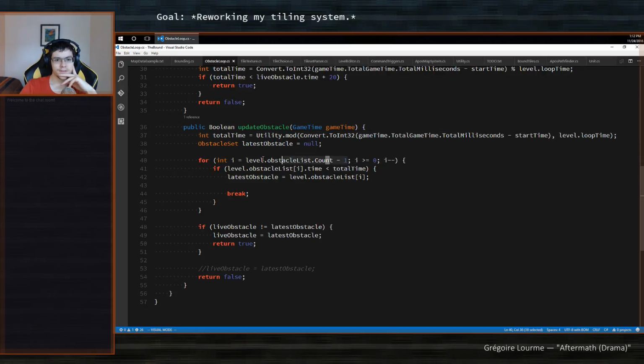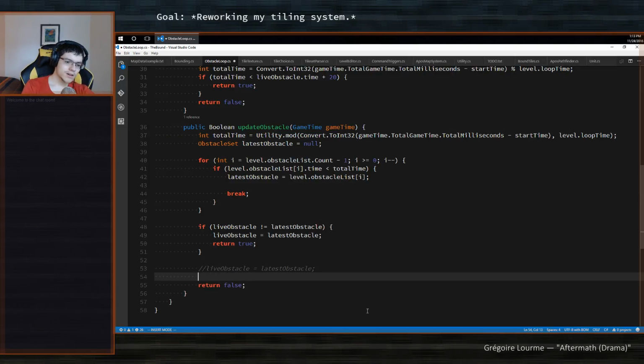So I'm looping from the end down to 0. And I'm stopping as soon as my current obstacle, if it's smaller than the total time. This is not gonna help.